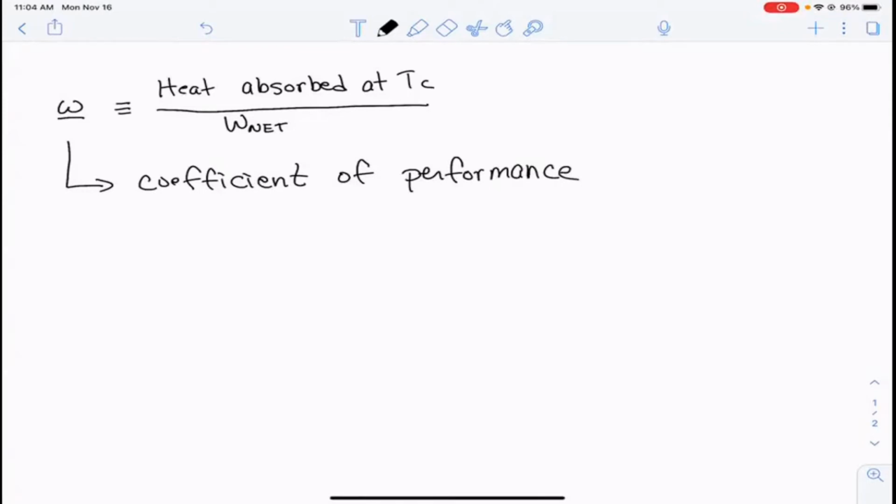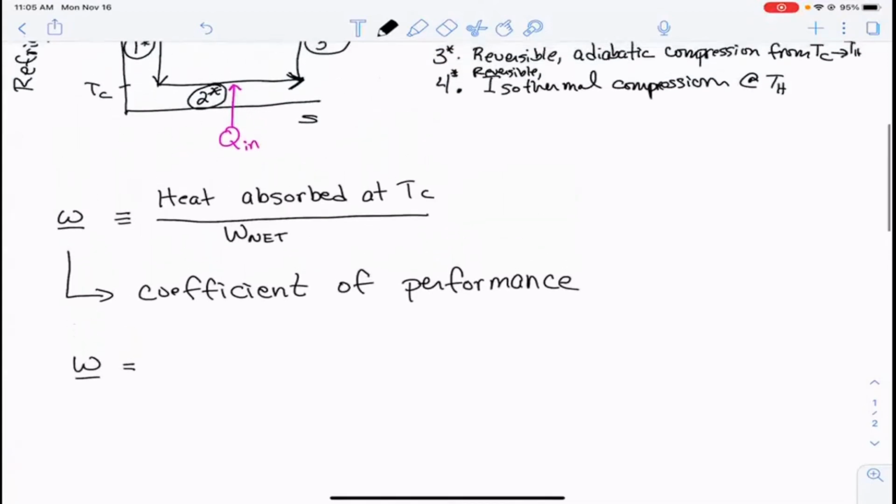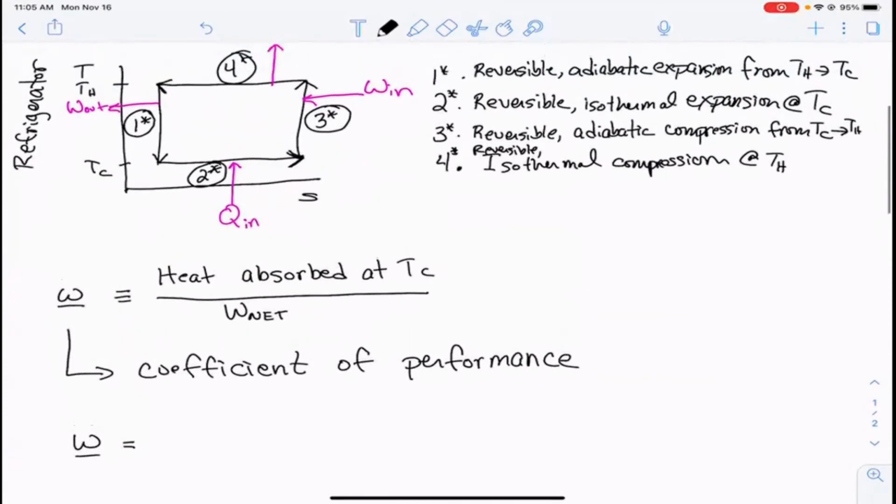Okay. And so if that's true, then for our Carnot refrigerator, the coefficient of performance is equal to the heat that's absorbed. Remember, that was done at step 2, if we scroll back here for a second. So this is the heat that is taken into our system at 2 star, divided by the net amount